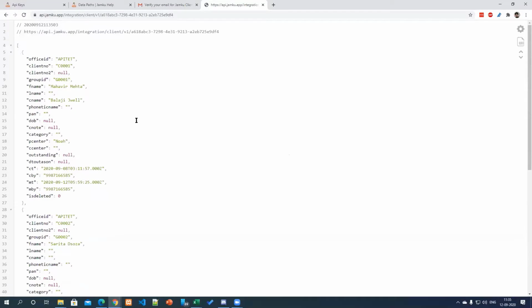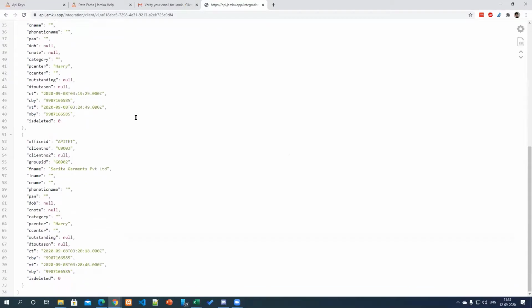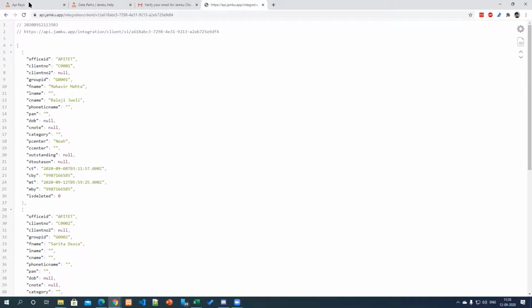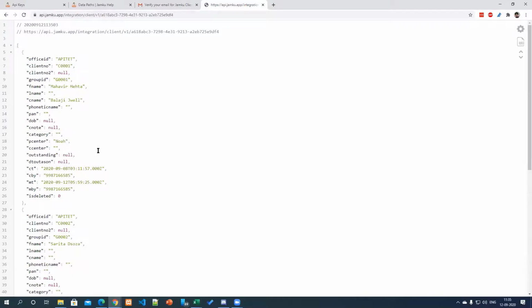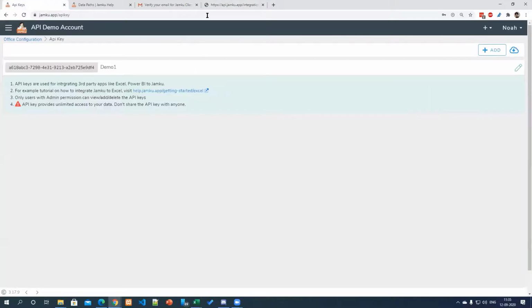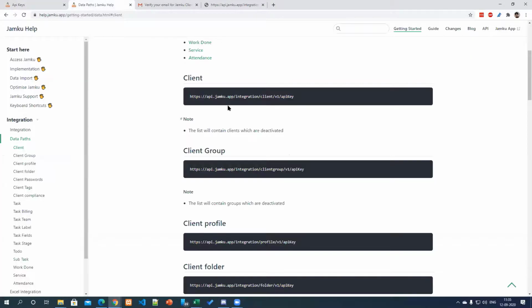So until now, this is purely a Jamku feature. It has nothing to do with Excel. You can of course integrate like this not only Excel but Power Query or any other tool that you have, because this is a JSON document which is accessible and can be used by any of the tools, not just Excel. But of course we are very much used to Excel, hence we will be seeing the demo of Excel only today. So just to recap, we have this client,